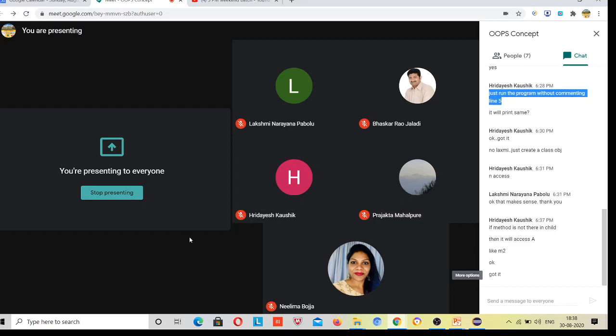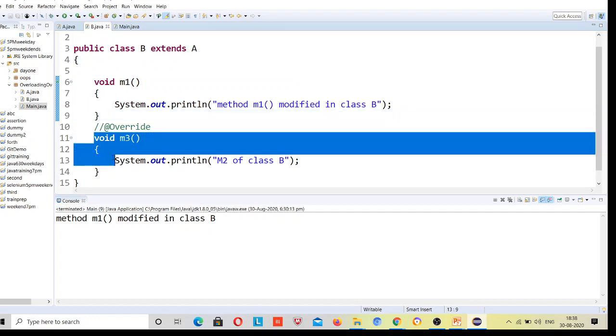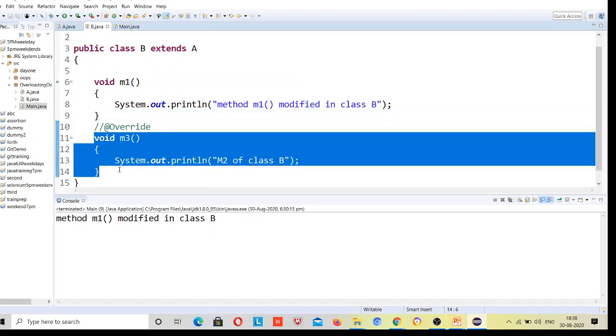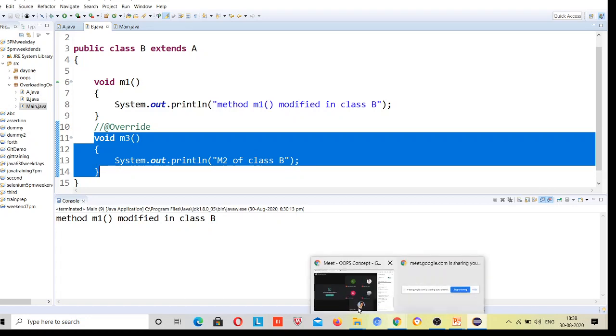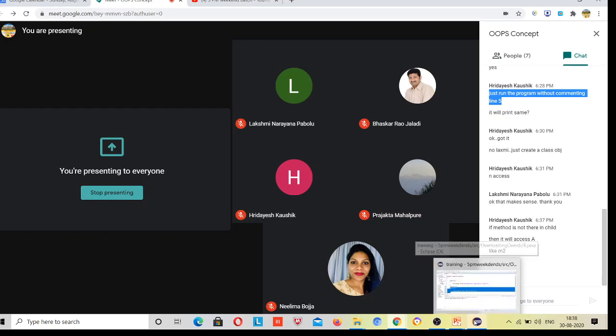This is upcasting. So suppose I have four methods in the parent class, and I don't want my child class to use one new method. But don't be confused that m3 is written over here and m3 is written over here, and you are saying that you cannot use it. You can write new methods, but you cannot use them through upcasting. Other classes can use it if they are not performing upcasting, so why restrict other people?